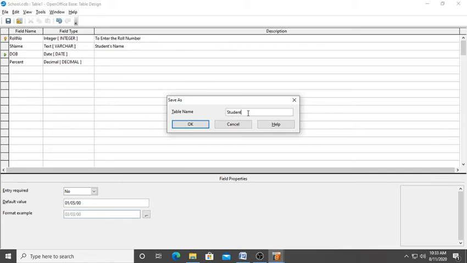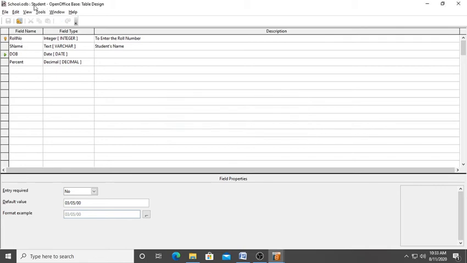Here you can write the table name which you want to give. On clicking this, you will see that table 1 will be changed. If you click on OK, see it is coming as student. It means in the school.odb database we have created a student table.